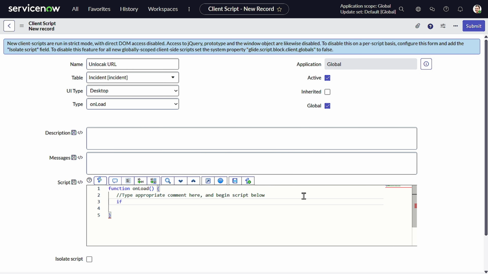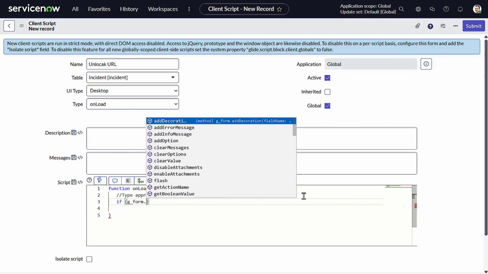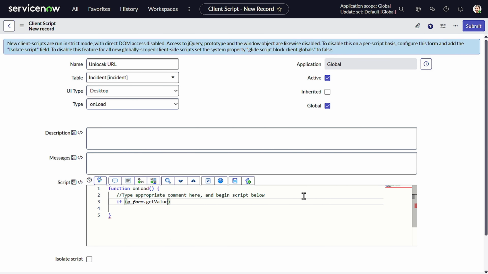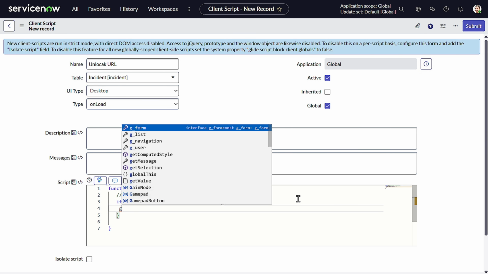if g_form.getValue of that field, I think it will be u_test_URL, is equal to empty, then only we have to execute our logic. So what you have to do over here, g_form